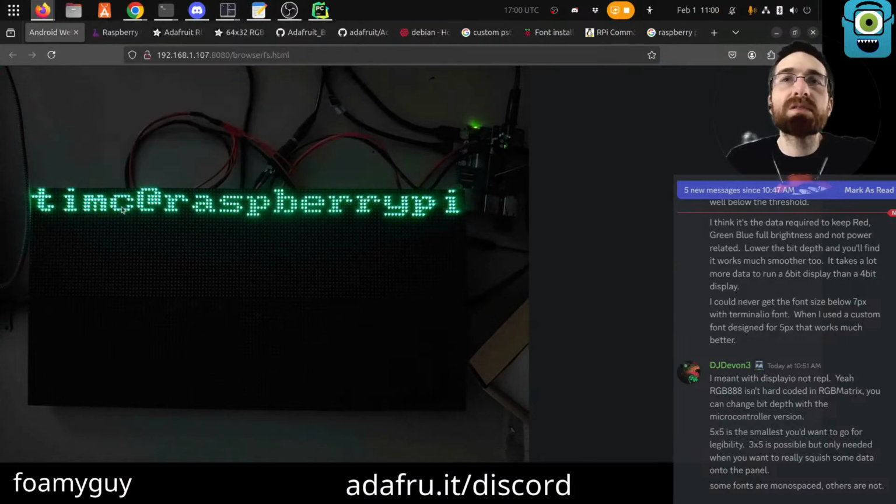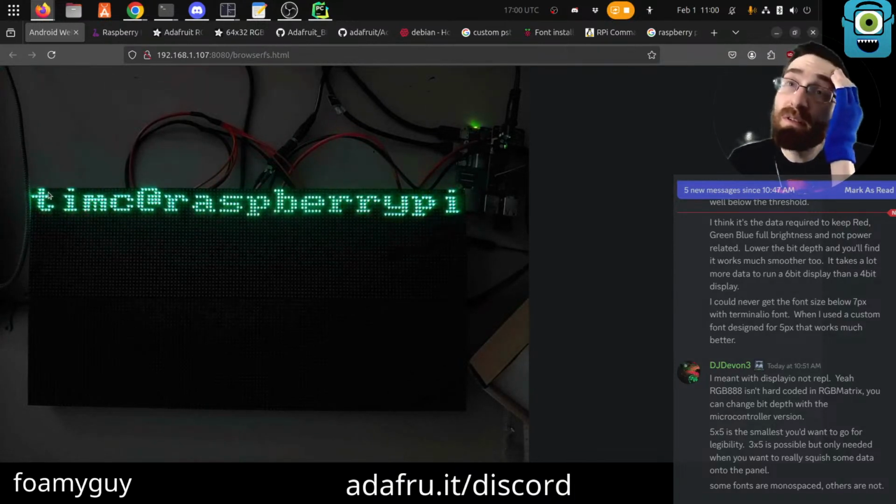Maybe, but this is very small. This is pretty small, actually. This is small height-wise. The 1 pixel font we had was taller. And the S is 1 pixel, I guess.